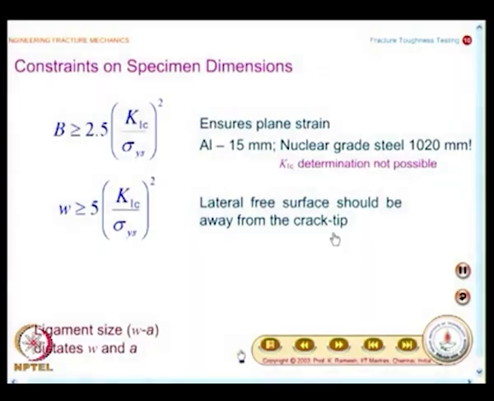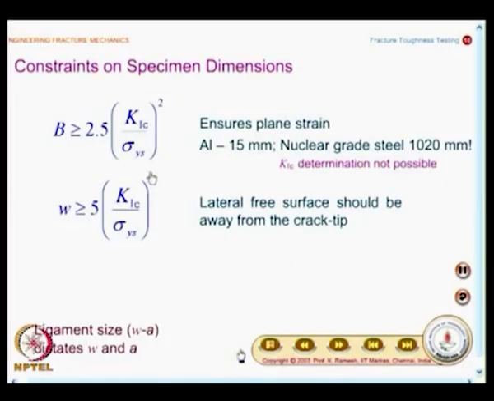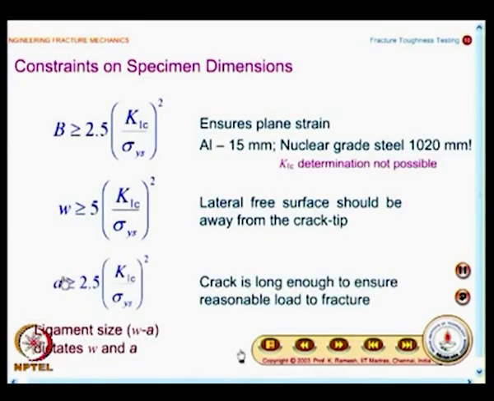You know, we have already seen in the case of SIF evaluation, back free surface correction factor, front free surface correction factor. So, when you are going in for the fracture toughness testing, you would like to have the lateral free surface far away. So, you have a recommendation for what should be the value of W, and you also have a recommendation for what is the length of the crack A. It should be greater than 2.5 times (K1C divided by sigma ys) whole square,